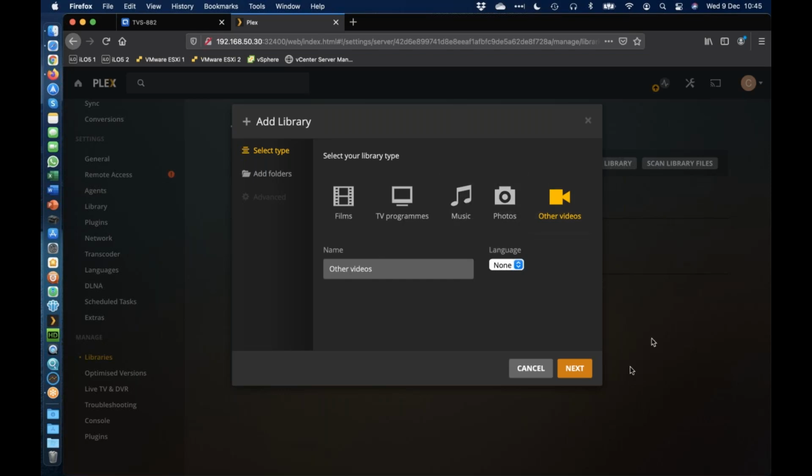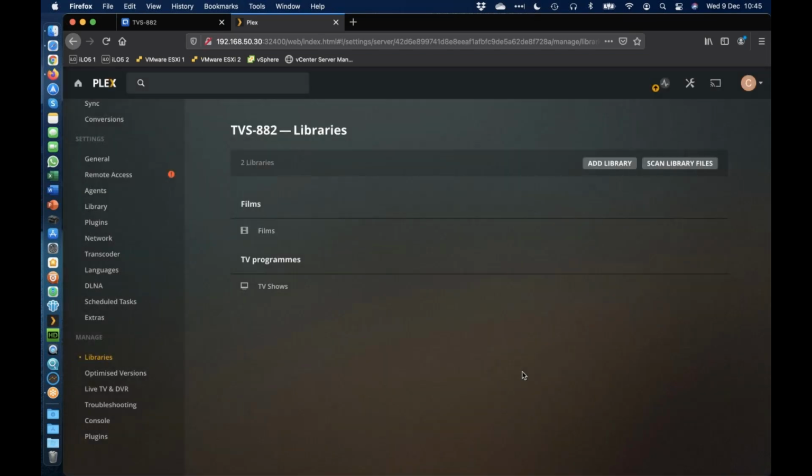So I would add a folder for, say, my home videos, and I would just have to organize that folder separately. So within my home videos folder, I might say, you know, I went to Spain on holiday in 2005, and everything in that 2005 folder is my Spain holiday. You know,